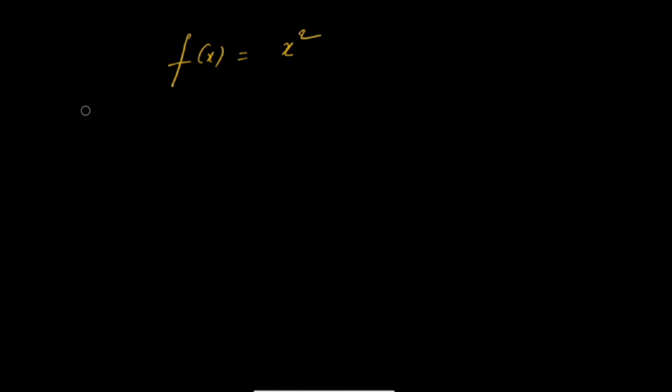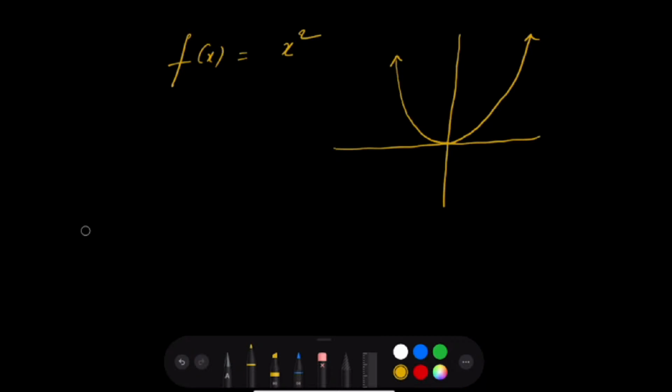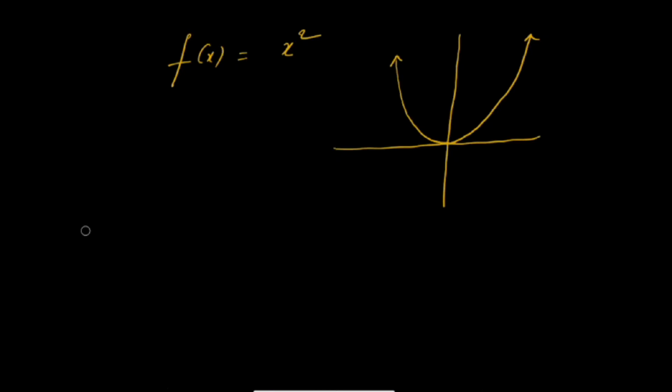So if f of x is equal to x squared, the graph is something like this. Now what do you observe in this graph? Let us just do some analysis of this graph. At this point, slope is okay. At this point, at the apex of this